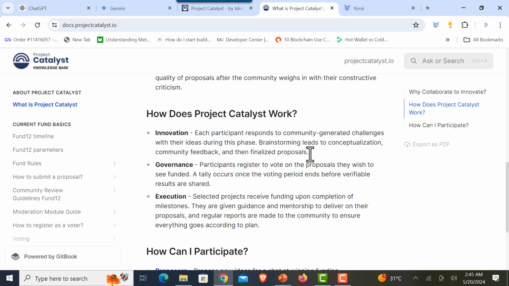Yes, so in previous funding rounds and even this current funding round, which is Fund 12, the process always starts with a Fund 12 launch, which happened in Barcelona. That was April 26th, 2024, and right after that, some few days later,